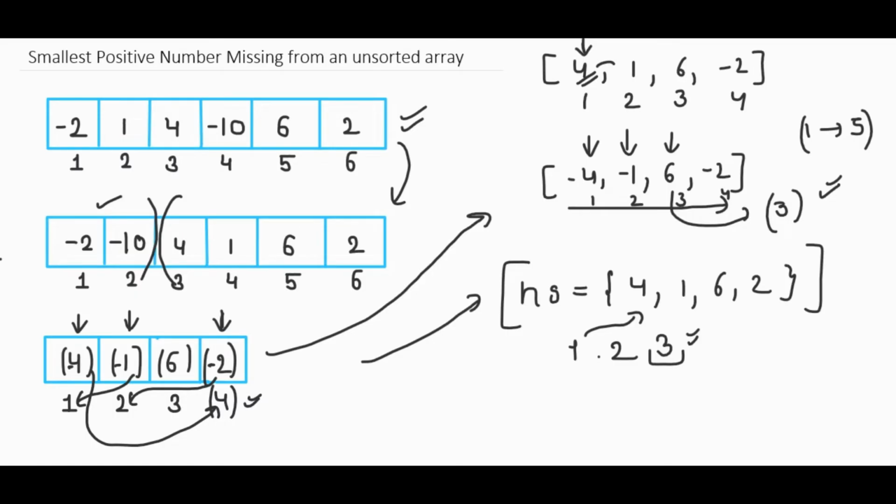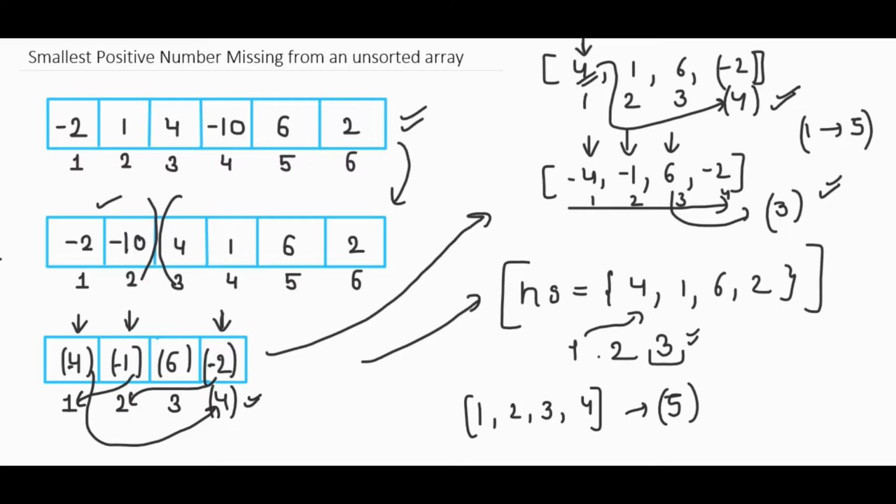what I will do is, I will mark the index same as this element as the negative of the previous element. That will give me an assurity that this element is already present in the array, because if all the elements became negative at the end, that means the case is 1, 2, 3 and 4. That means all the elements are present from 1 to 4 and answer is 5. Otherwise, if any element which is left positive during this operation will always be the first element which is missing.